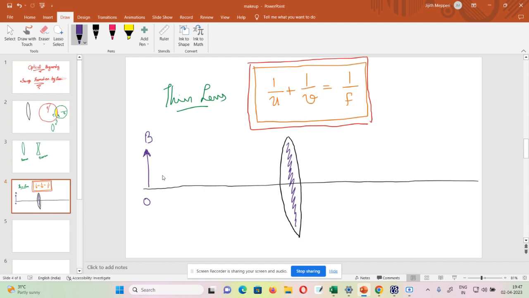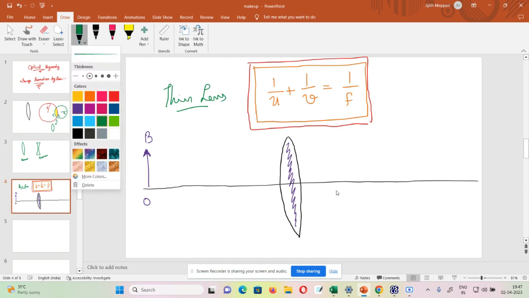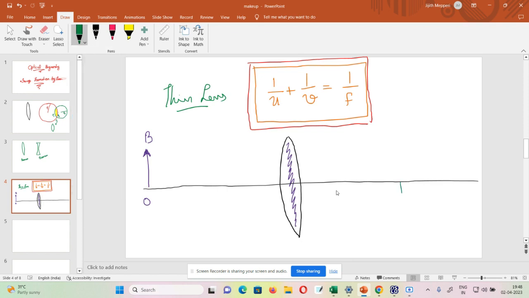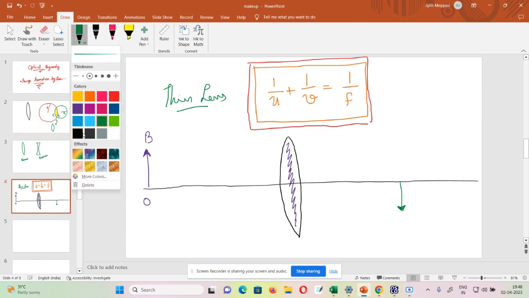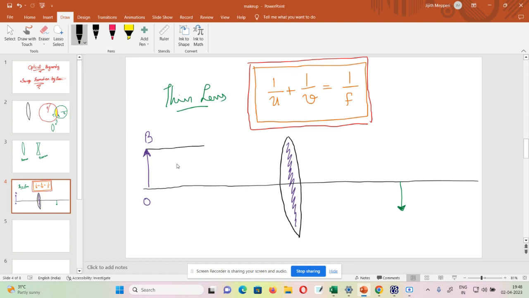And after the rays pass through the lens, the lens makes an image. The image can be real or virtual, erect or inverted, like this. You see, a real inverted image is formed by a lens. So in this condition, actually you can see that